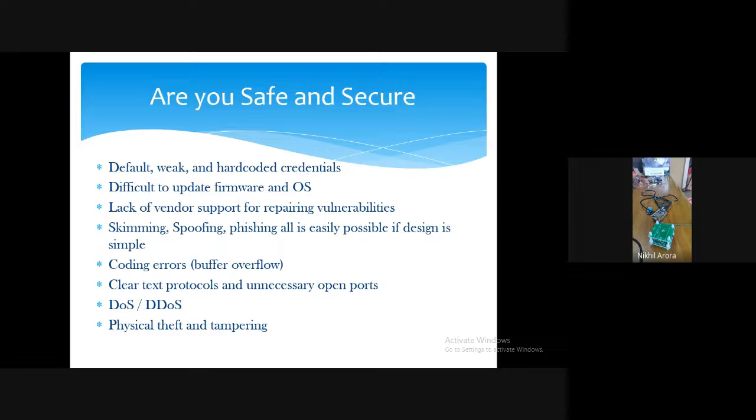Physical theft and tampering. That means suppose I have put into my vegetable fields and my agriculture fields and my garden some IoT based devices. Somebody can simply take that and run away, and they can tamper. Why they want to tamper is they want to understand my Wi-Fi gateway username and password. If my credentials are hard coded, they can tamper it, and from there they can connect some hardware and try to find out what Wi-Fi username and password it is trying to connect, and they can get my data. So anyway, today's practical will see how this simple things, if you are keeping too simple, it may lead into safety and security problem with IoT devices.